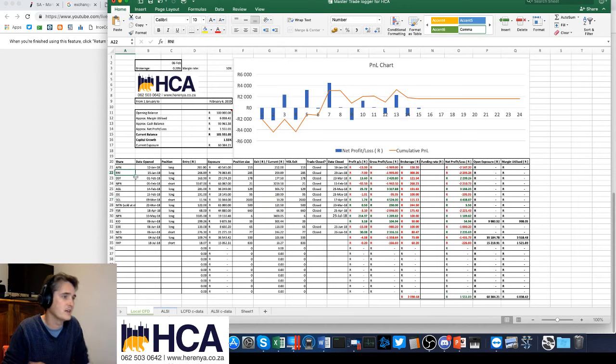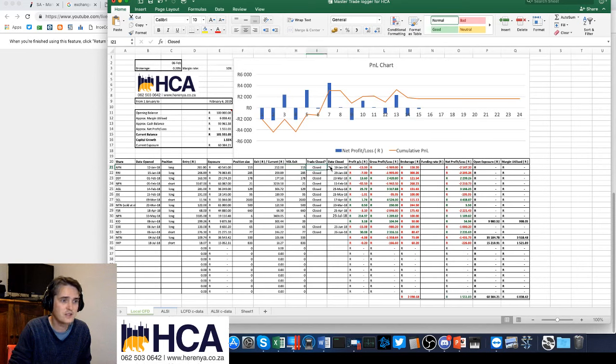So in any case, what we have here is a trade, a share code, or an instrument, whether it's gold or a currency or a stock or whatever it is that you're trading. Put your share in, the date that you opened the trade, the position, whether it is long or short, right? The entry price at which you traded. It will automatically work out your exposure for you. You type in the position size, how many shares you are trading, and based on that, it works out your exposure. And then your current price, you can update this at the end of every day, or when you close the trade, you put in the level at which you close the trade, and the number of shares you sold on the exit, obviously, because you need to close the position.